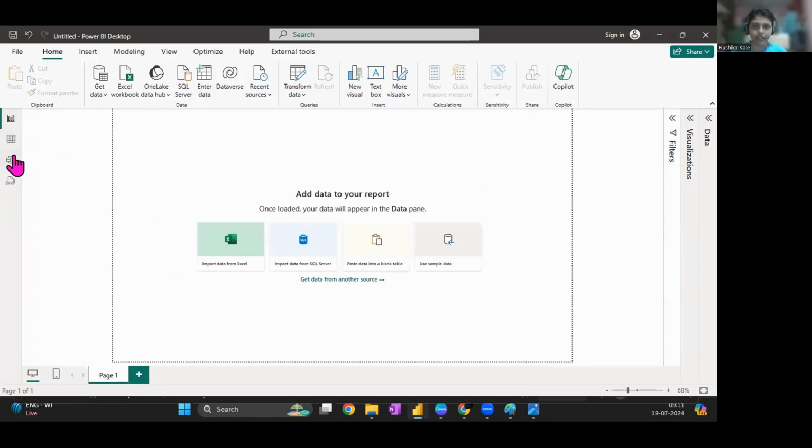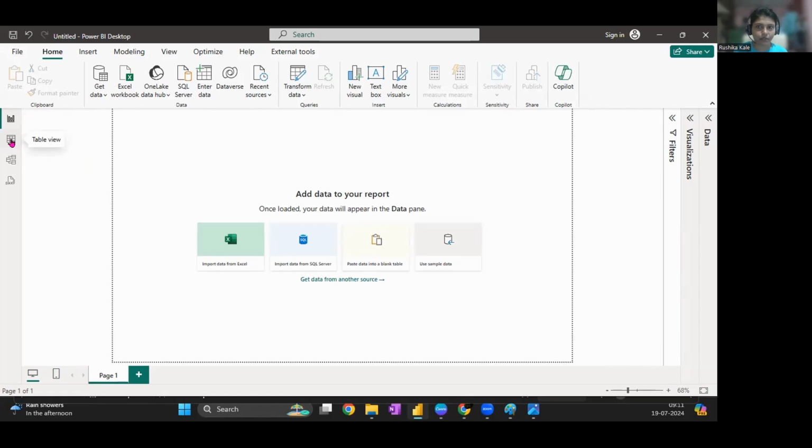Right hand side, there are different tabs. So basically there are 3 different views that we have with Power BI. View means different interfaces. First interface, we are with report view. If you can see on my screen, I don't know why it is getting blank, but it's supposed not to. But there is this report view, which means on this page, we will build my report. That is your report view.